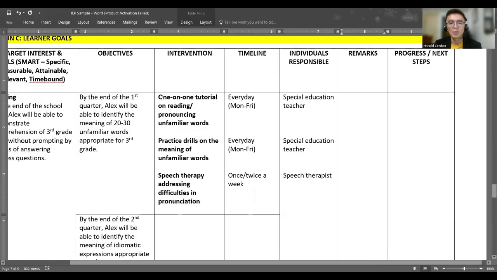So, for example, on one-on-one reading tutorial, perhaps the remarks could be how's the status? Is it ongoing? How is it going? Is it progressing well, or beginning, developing, or what? Okay, so you might also add a remark that this intervention is not working. So perhaps you might write on the remarks that it's not working or adjustment is necessary, so that when an IEP meeting comes, you know which intervention to address